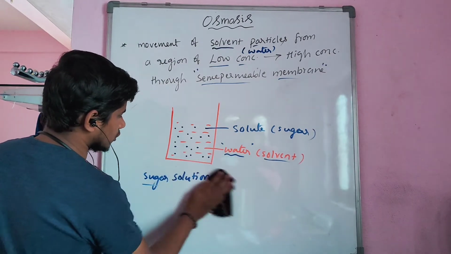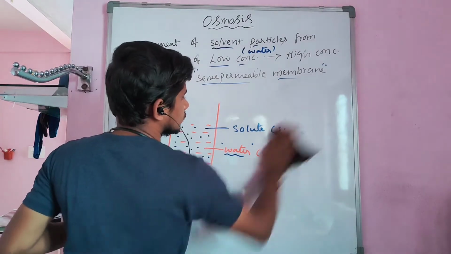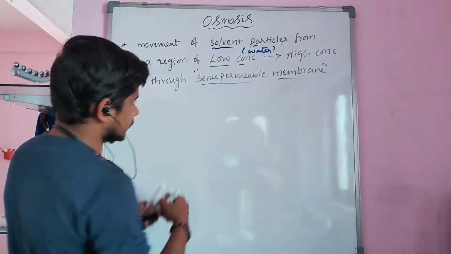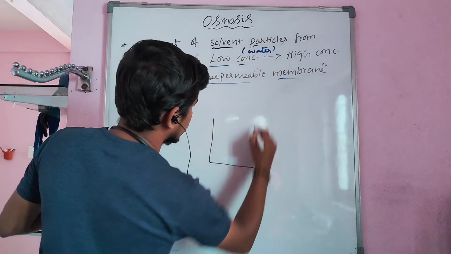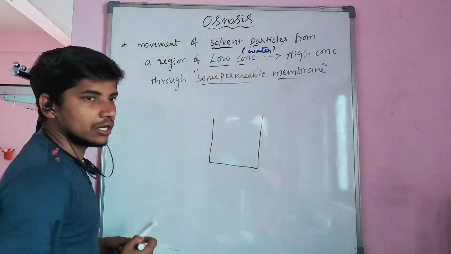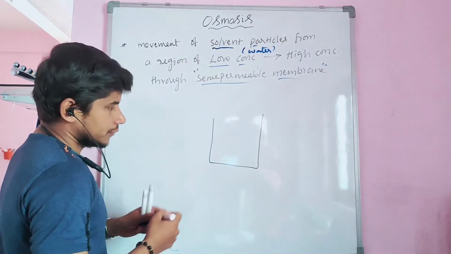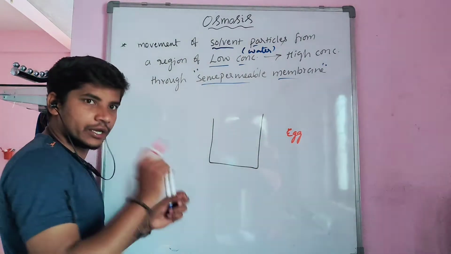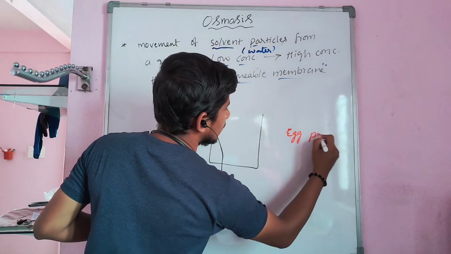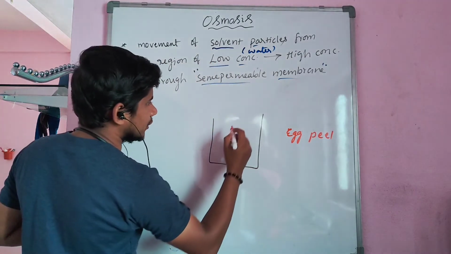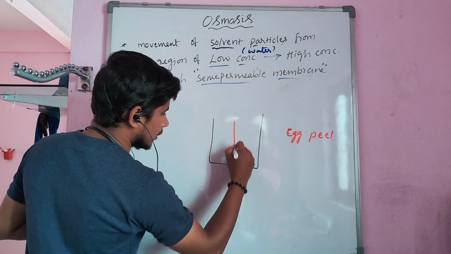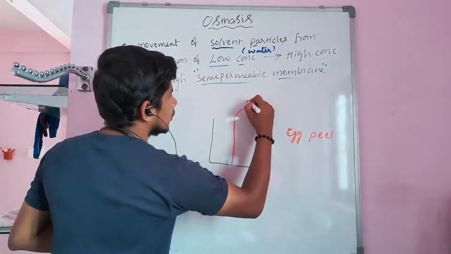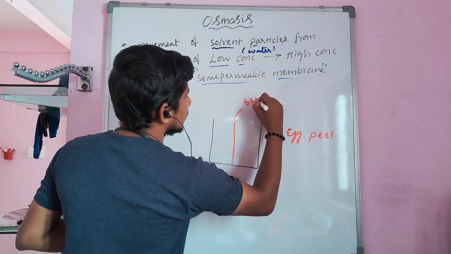So to understand this osmosis process, we have to take one example. Now take one beaker. Now take a plasma membrane. It may be like an egg peel. When you break down a boiled egg, you can get a thin layer. So that is a peel or layer. Simply you keep that layer in the beaker to separate it into two portions. So this is the egg peel. It works like a semi-permeable membrane.